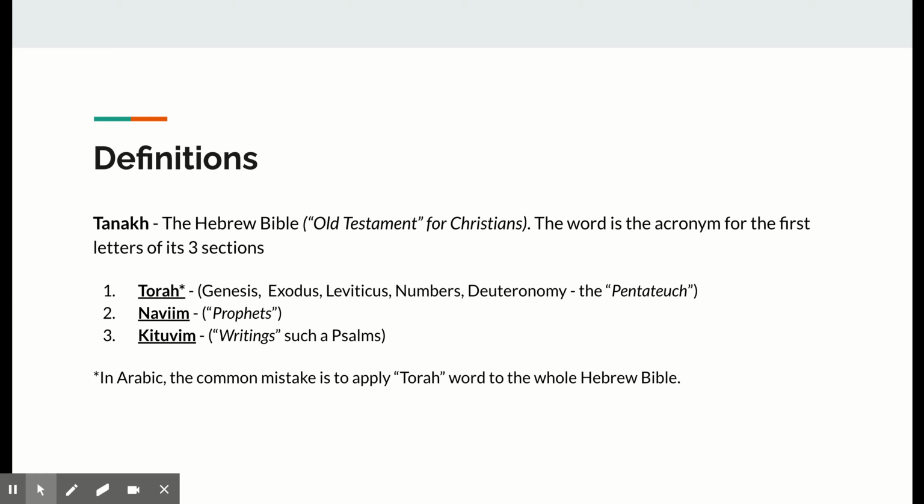Nevi'im, which basically means prophets, is a historical narrative that is divided into 2 parts and starts immediately after the death of Moses. The first part is called the former prophets, which were Moses' successors, leading Israelis into the Promised Land, and ends at the release from the imprisonment of the last kings of Judah, which was one of ancient Israeli kingdoms. The second part talks about the life of their successors. Finally, Ketuvim is a collection of 11 books of biblical poems, some of which we'll actually discuss in this presentation.